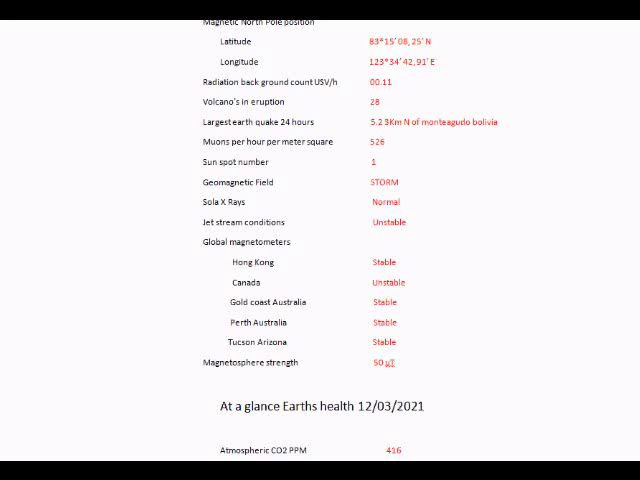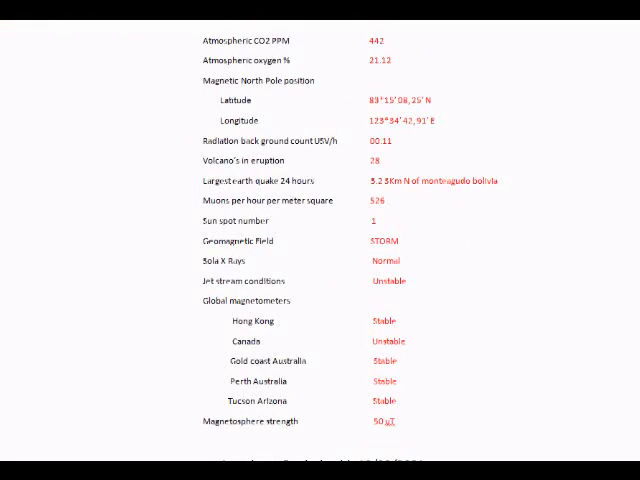As you guys know, the jet stream condition is unstable, and you can see our magnetometer around the world there, the conditions of them. So starting with Hong Kong, stable. Canada, we know, is depleting, so we classify it as unstable. We've got the Gold Coast, which is stable, although it has been a while now since we had some data come from Richard in the Gold Coast, so it might be worth dropping him a line, see if he's got